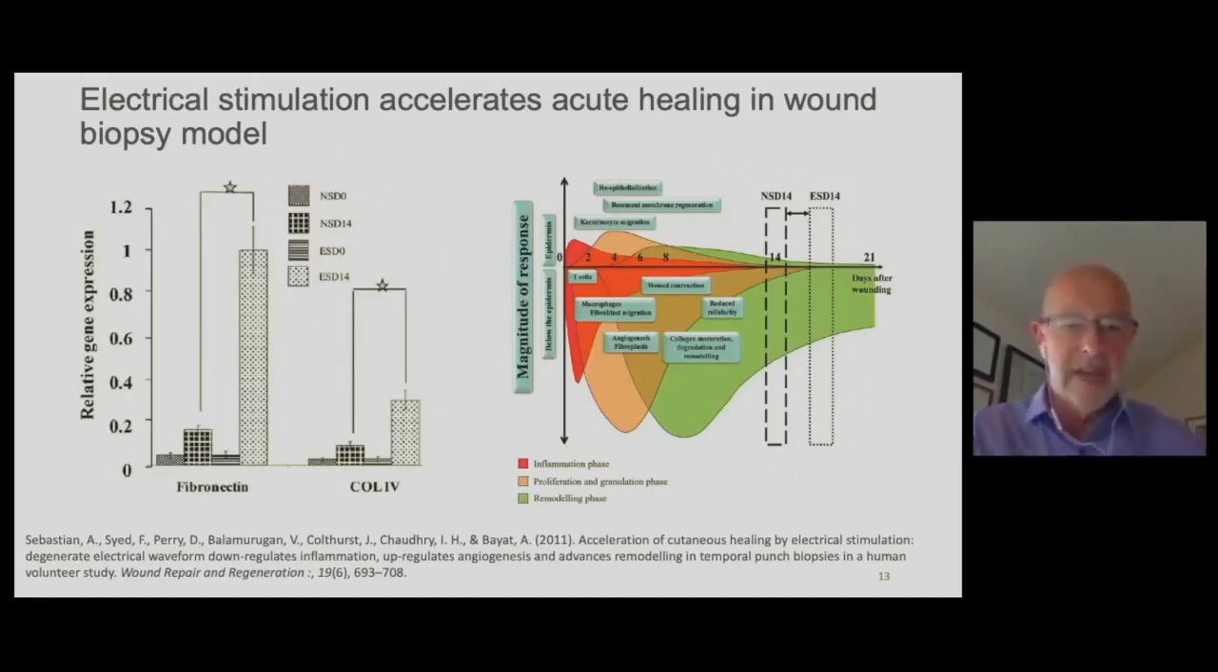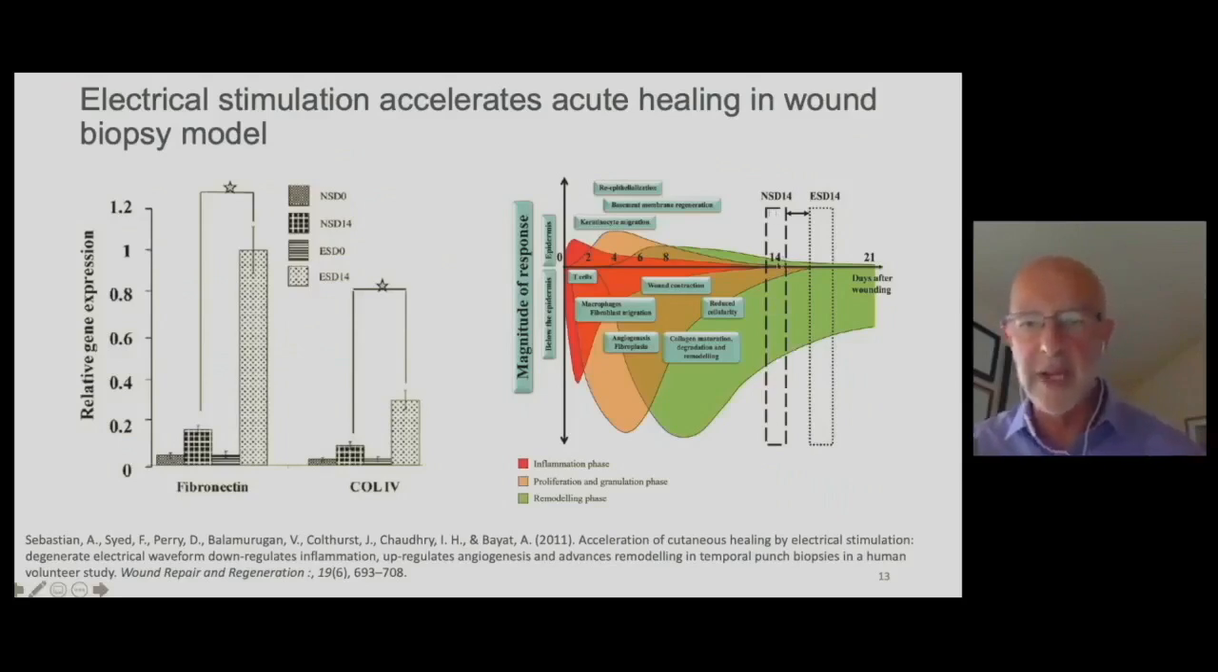Similarly, there you can see an example for collagen 4, very important for basement membrane, and also angiogenesis, the process of building new blood vessels. Without electrical stimulation, there's a modest increase, and with electrical stimulation, considerably more. And the team in Manchester were able to look at examples of genes in the inflammatory phase, proliferation, granulation phase, and remodeling phase. And if you see here, the